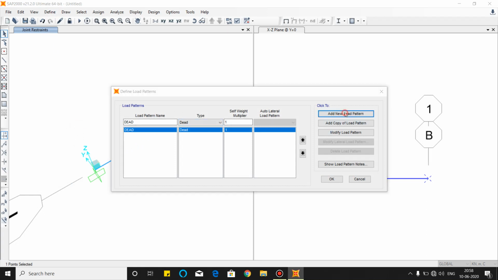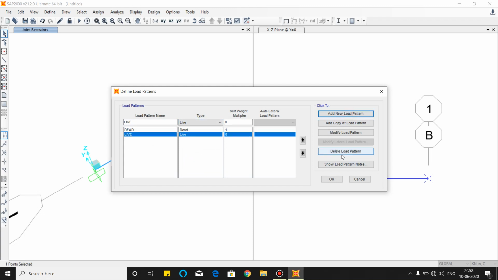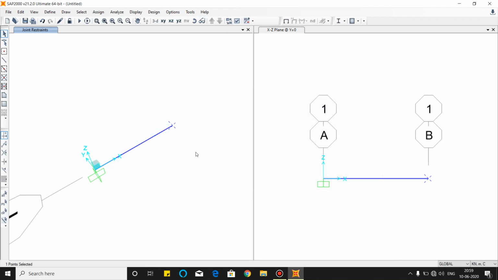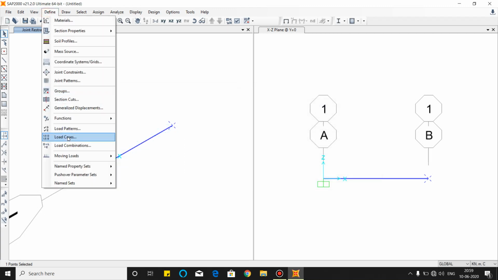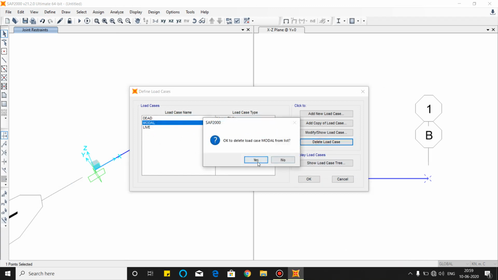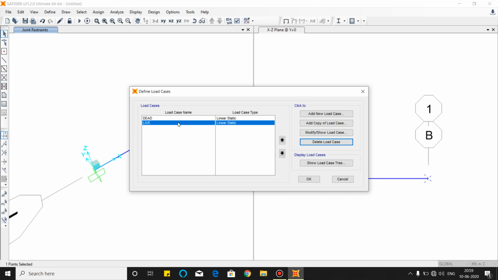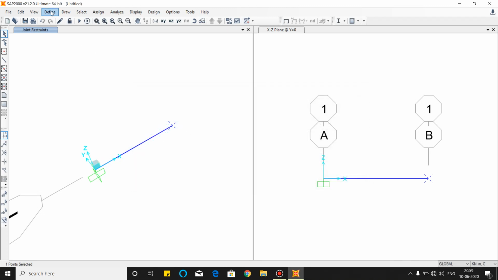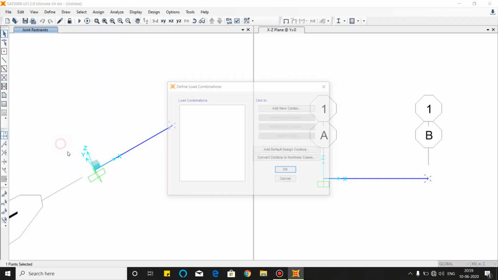Now the next step is to give a load. To give a load, we have to define a type of load. First, this is the dead load, and the live load. Multiplier factor 0. Okay, we have created the load patterns.